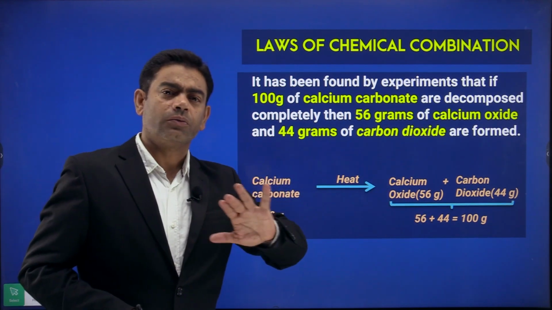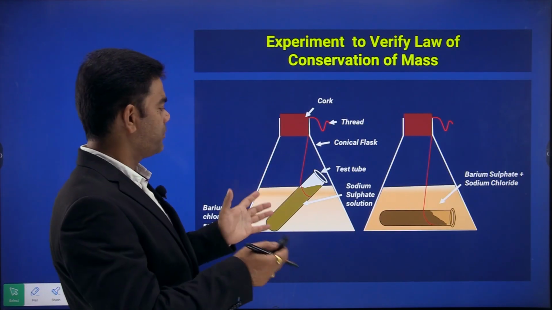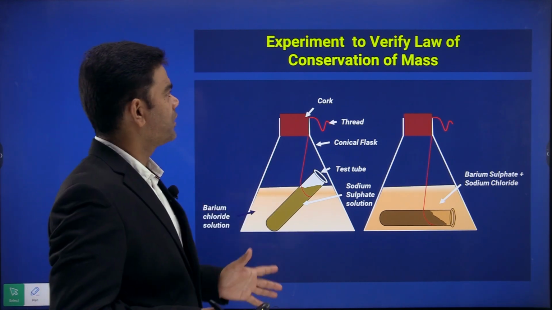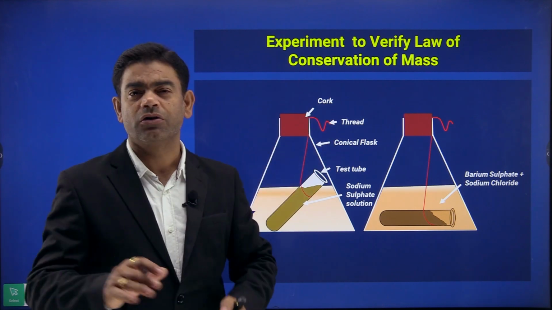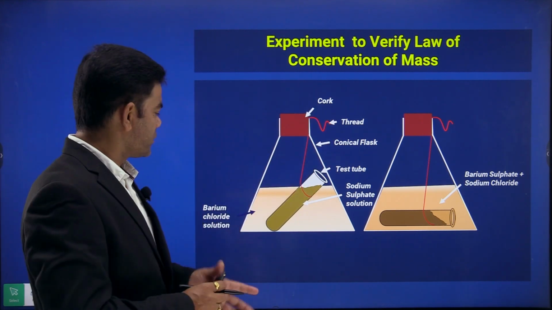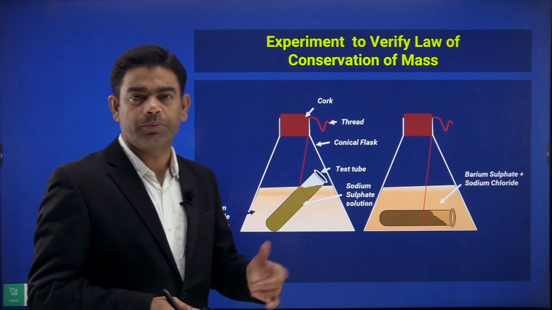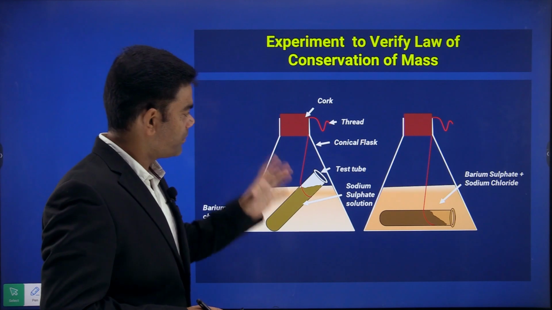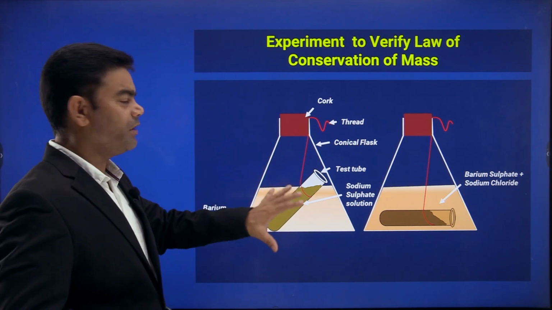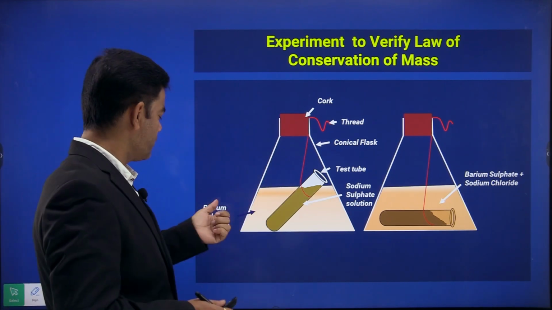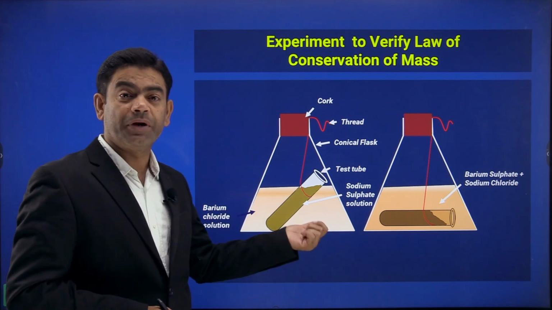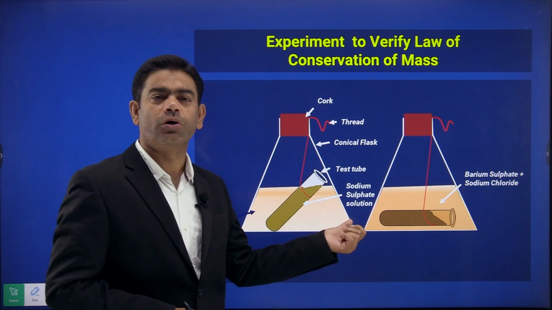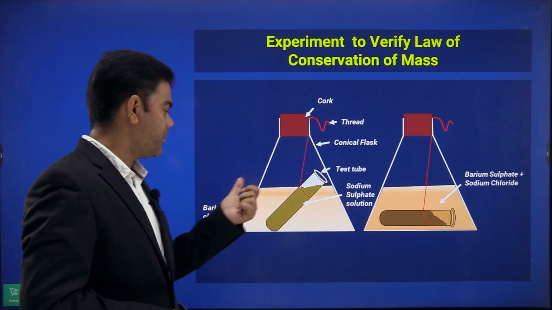Okay. One more experiment. You can see this experiment being done over here. We are taking two chemicals. Okay. Experimental verification के लिए, an experiment to verify the conservation of mass. So it is just given theoretically है ये भी. Experiment आप lab में जाके कर सकते हैं under the guidance of some teacher. So what is the experiment being done over here? We have a flask in which we are having two chemicals. One is barium chloride, a barium chloride solution, and in the test tube over here I am having sodium sulfate solution. Sodium sulfate and barium chloride.